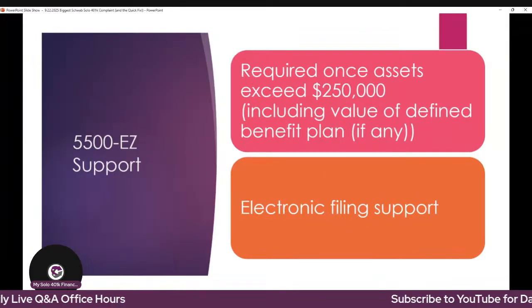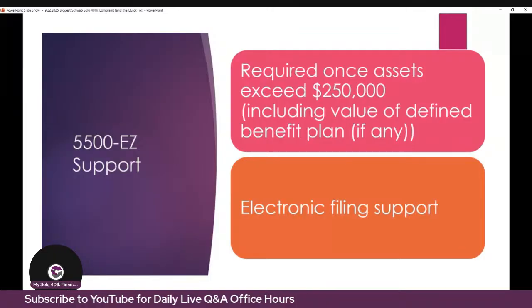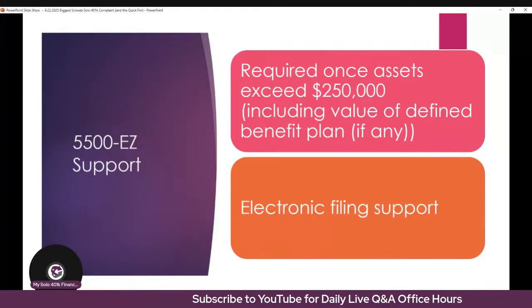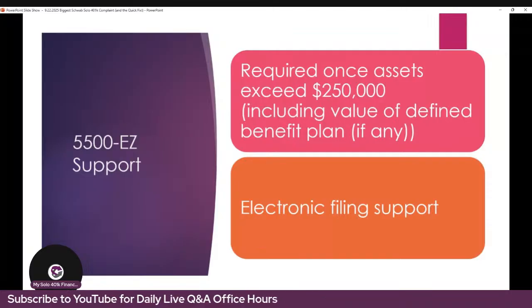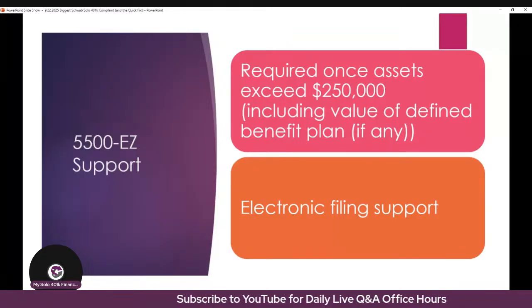5500 EZ support. So once the value of the Solo 401k plan, including the value of any defined benefit plan that this self-employed individual may have, exceeds $250,000, there is an informational filing requirement that has to be taken care of. The name of that form is Form 5500 EZ. Schwab won't file that 5500 EZ for you, but we handle that as an optional free service